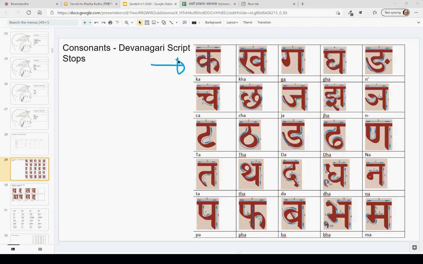This first line is the ka series: ka, kha, ga, gha, nga, and the last one is the pa series: pa, pha, ba, bha, ma. Any consonant which belongs to these series is not going to prevent the change from na to na,